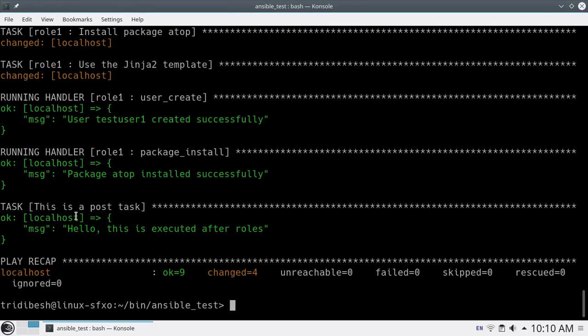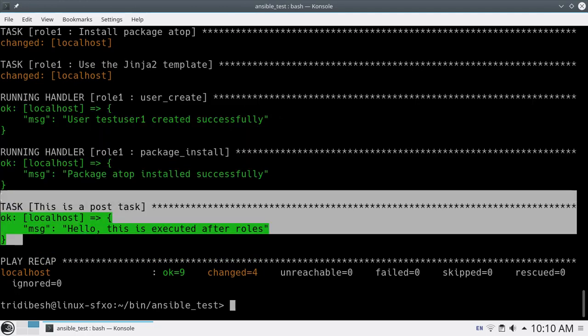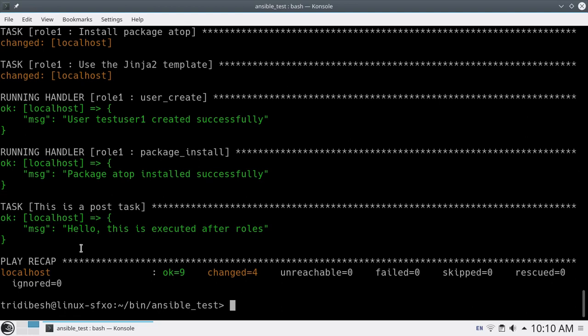You see after the role is completed and it has called the handler, then your post task runs. So if you want to run some task before the role executes, you put it under the pre_tasks section, and if you want to run some task after the role completes and all its handlers have completed, then you put it under post_tasks so that it will execute at the end.